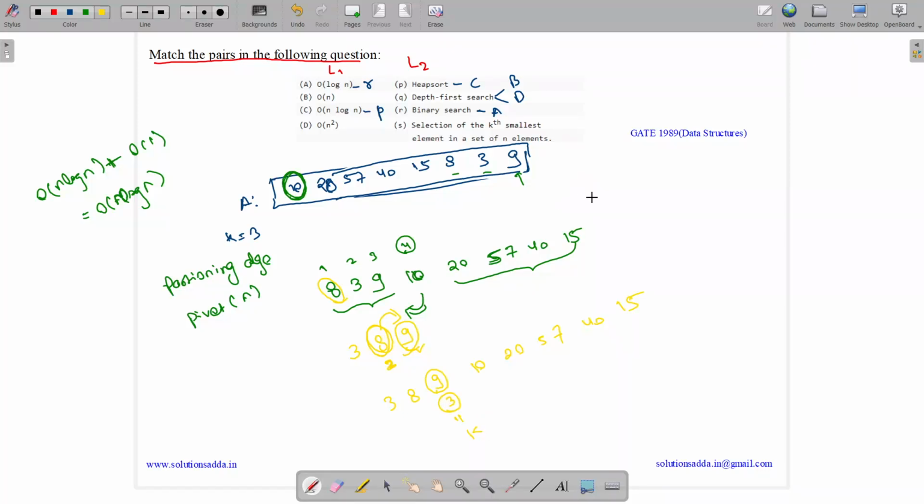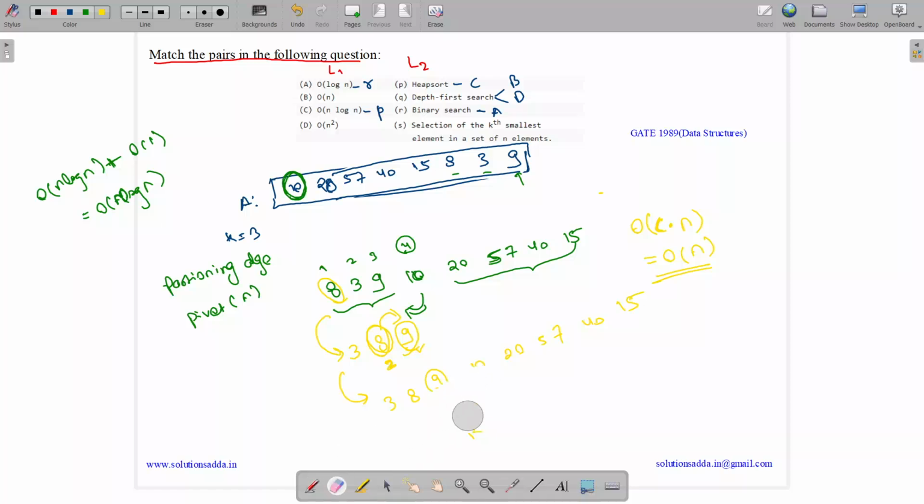So what will its complexity be? We are just performing the partitioning n, and each time we are just checking n by 2. So what will its complexity come out to be? But here there is a logic. We are not performing this for the entire part. This pivot selection can be done only for constant time. Only for some constant time we will be doing this partitioning. So it will be equal to order of n into c, which equals order of n.